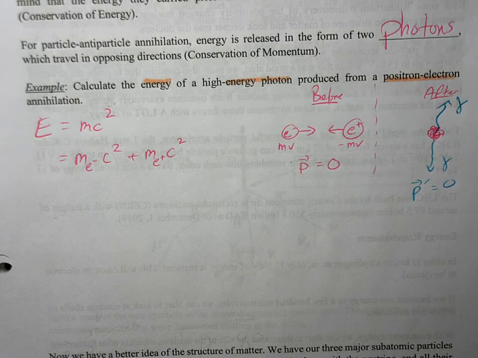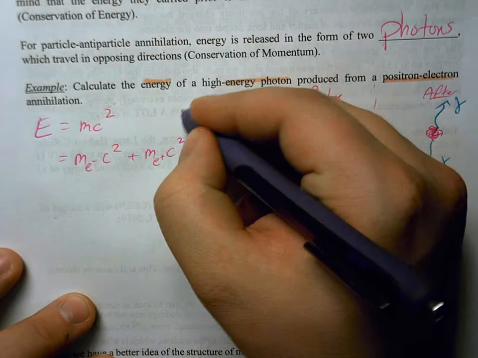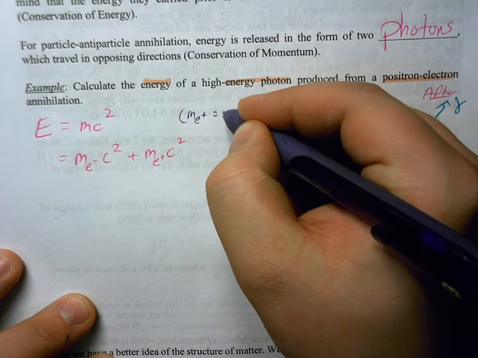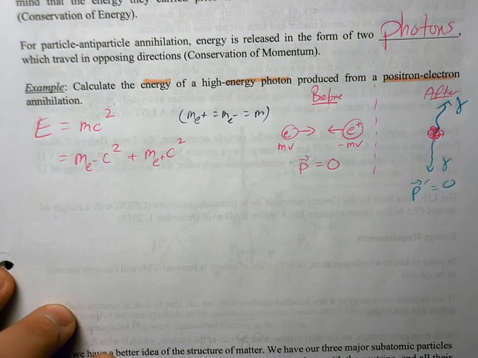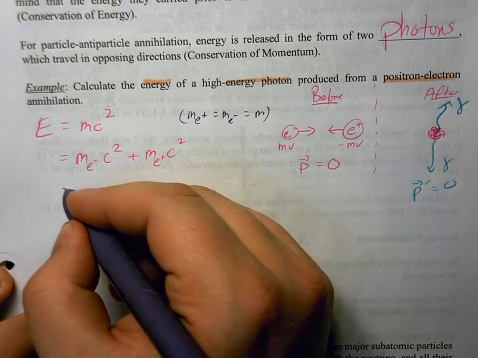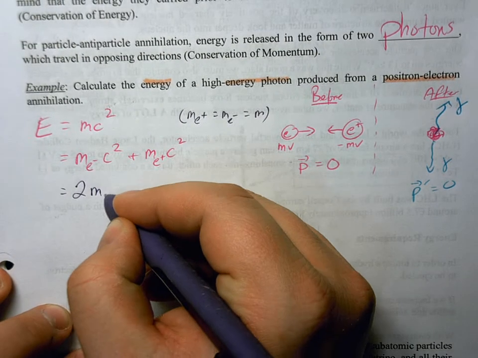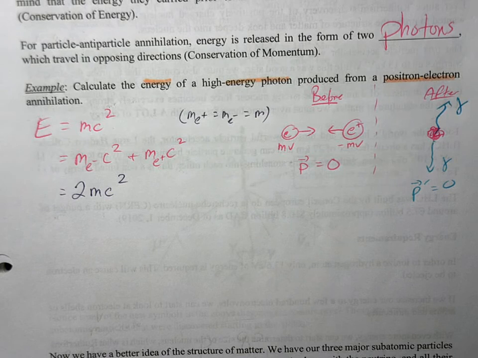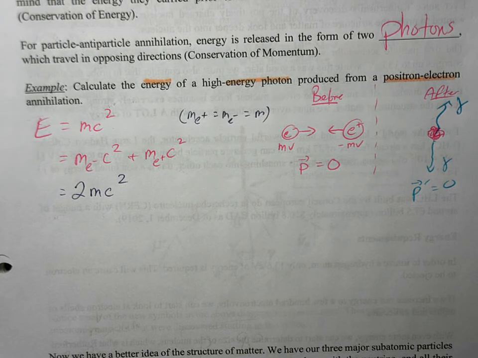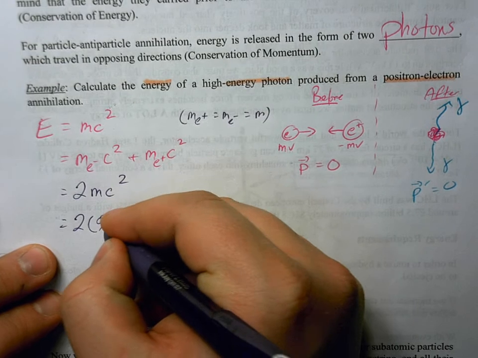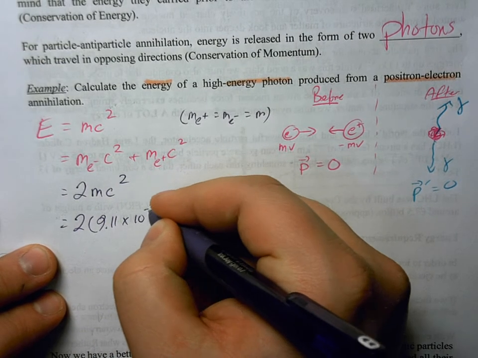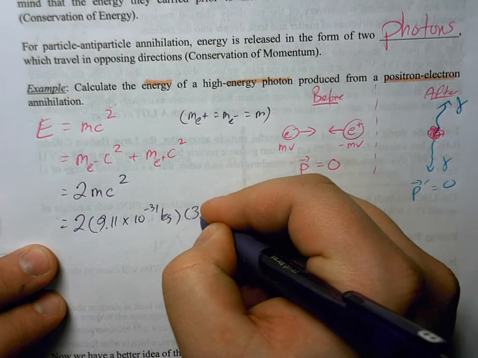Now, to simplify this, because I don't like writing out a lot of terms, I know the mass of the electron and the positron are the same, so I'm just going to call that some generic mass m. So really what I have here is 2 mc squared. I get an mc squared from the positron, an mc squared from the electron. So we get 2, our mass of the positron and the electron, and then we have the speed